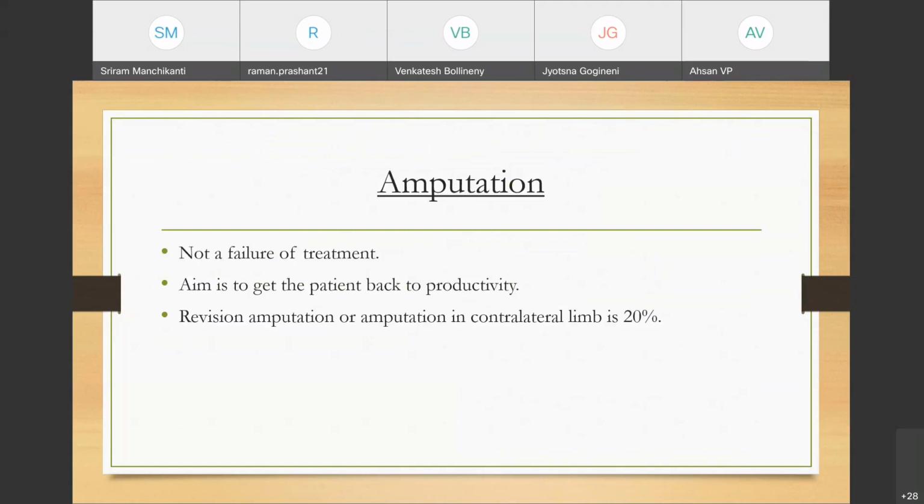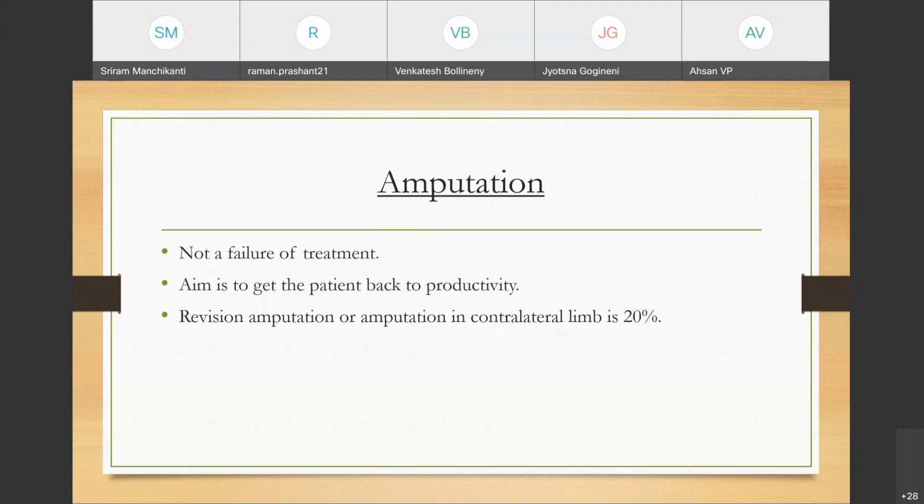Amputation is not a failure of treatment. The aim is to get the patient back to productivity. Revision amputation or amputation is quite common in these patients, and it is very often seen that amputation is a curative treatment in case of extensive infection, or sometimes in frail patients it is found that return to functional activity is greater after an amputation than repeated debridement and prolonged care. So it should not be considered a failure of treatment, but an option, be it a last option,